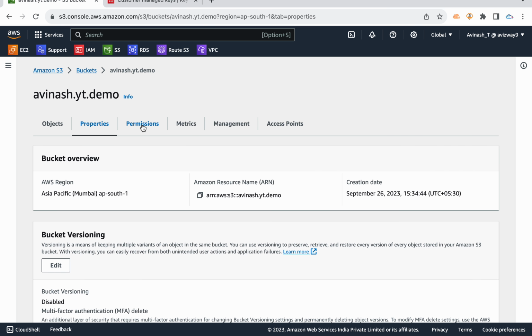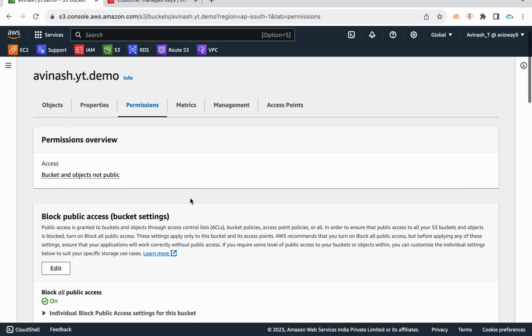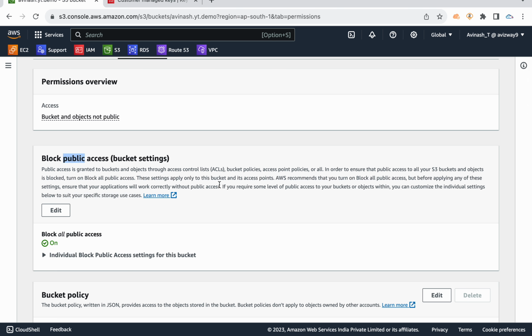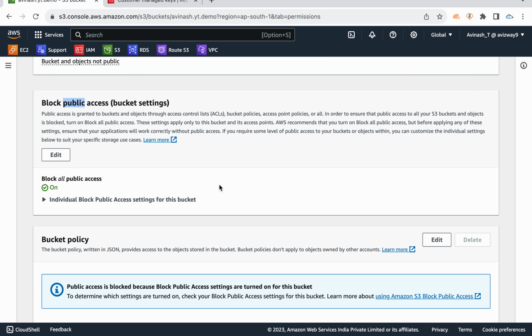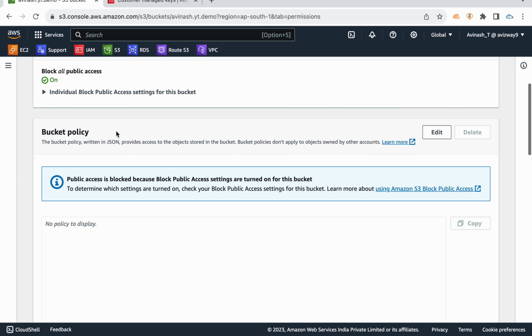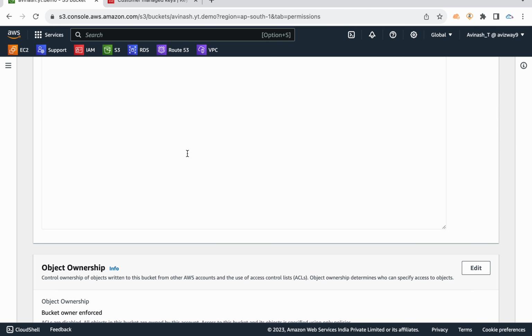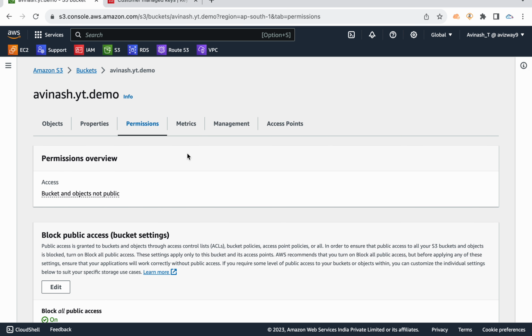And another question you can expect on this S3 bucket is, what is public access on this S3 bucket? How can we restrict public access to our data, and what is a bucket policy, how do we configure bucket policies to restrict that public access? So you can expect that question.